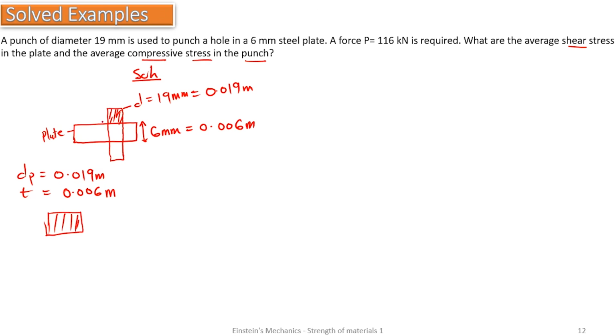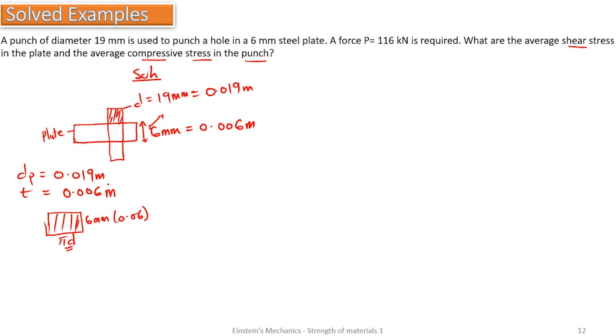If it is drawn in 3D, you would see that the bar will have a length or a width in this direction. So we can consider the area of contact this way, where we have the thickness 6 millimeters,